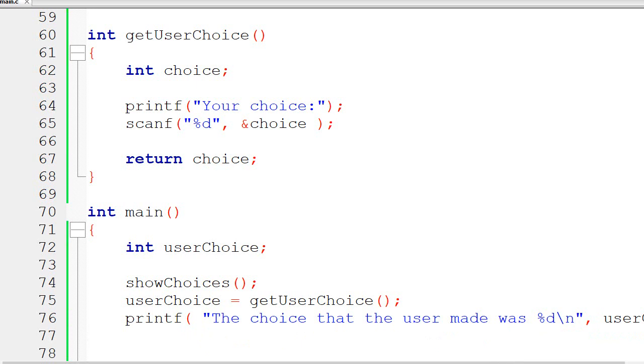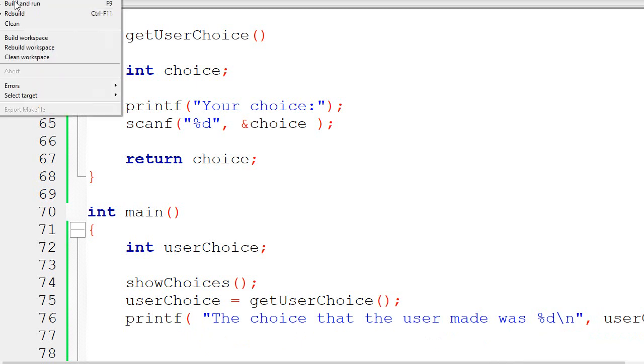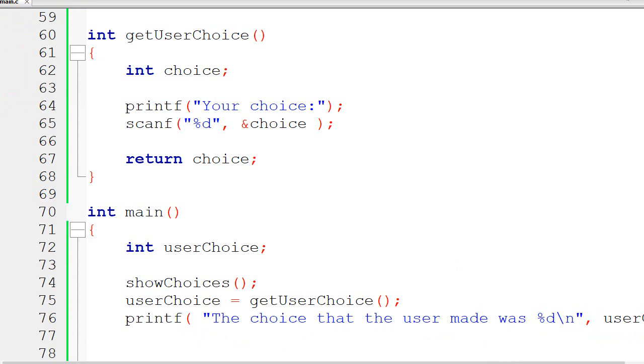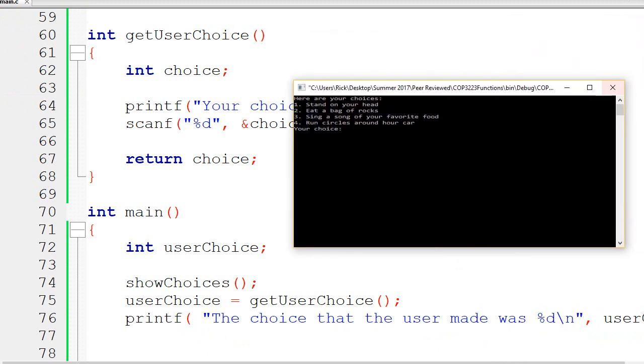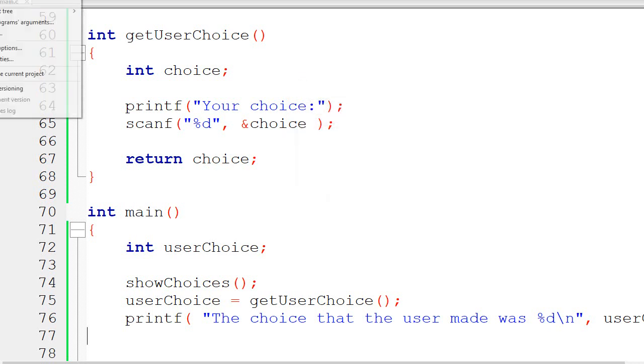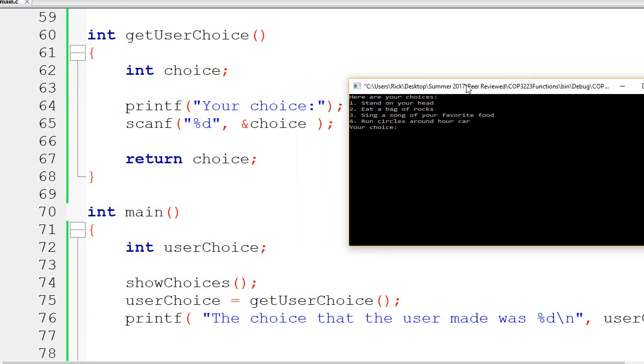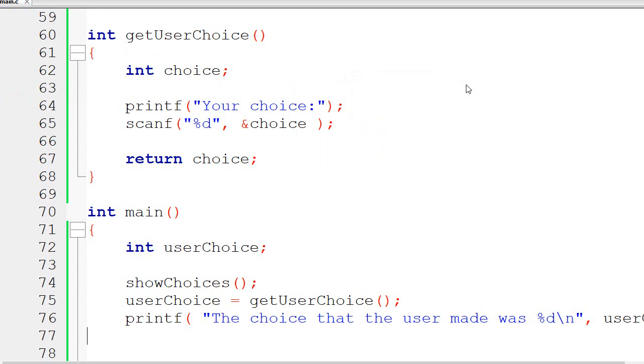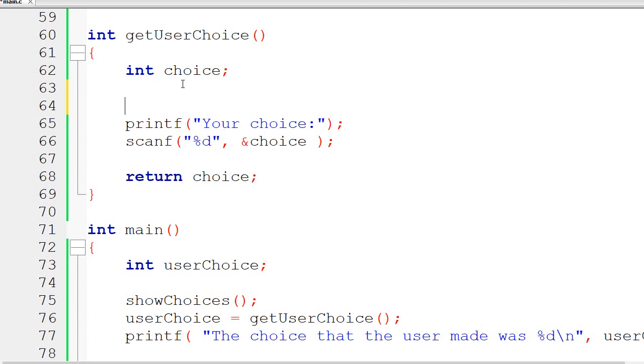So let's kind of run this guy and make sure everything's working correctly. And don't forget, we like to make sure that we run every so often. Because if we write a huge program with 10,000 lines and then we try to figure out what's going wrong, it's very difficult. Okay, 3. Now, the problem with this is that we could actually say -4 and it wouldn't know that there was a problem with this because this is not enforcing choice. So let's go ahead and say do